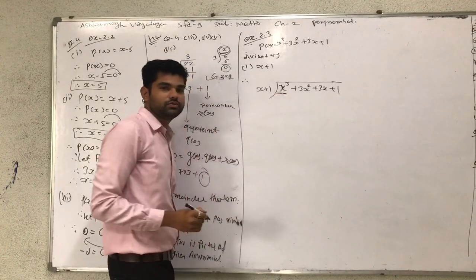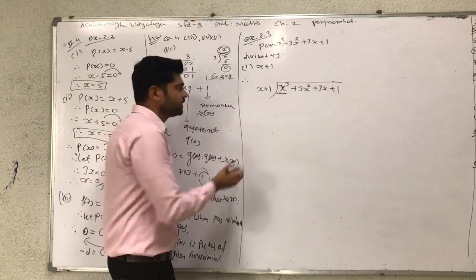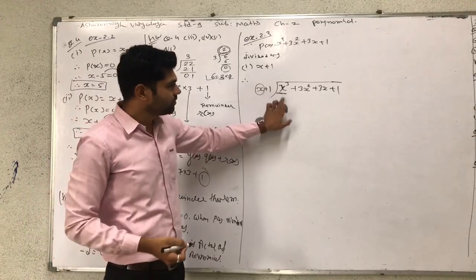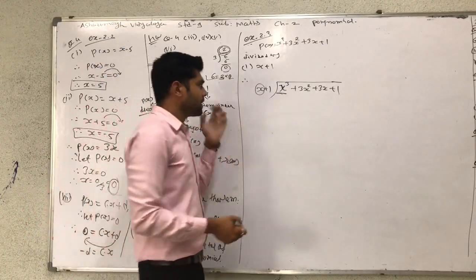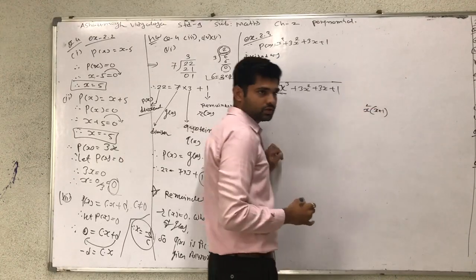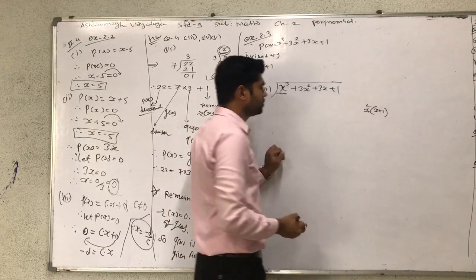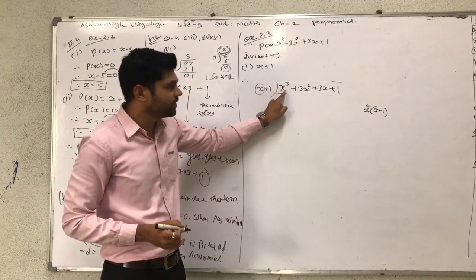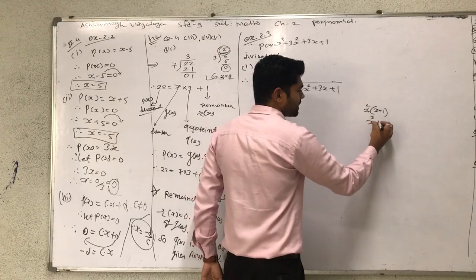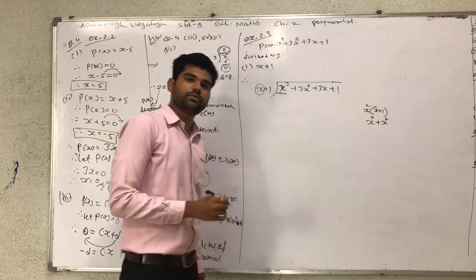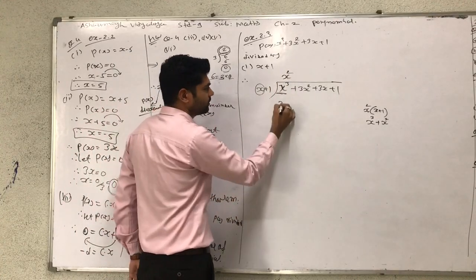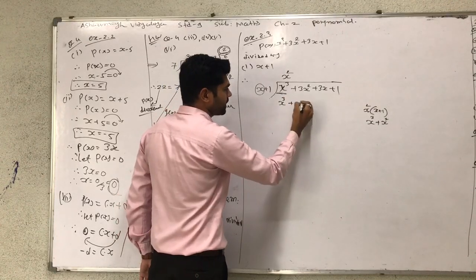It means here we have x cube and only x given. So how is x converted to x cube? x plus 1 is multiplied by x square, and you get the value of x cube. So multiply x by x square, we get x cube; x into x square, x cube plus x square. So this term is multiplied by x square and we get x cube plus x square.